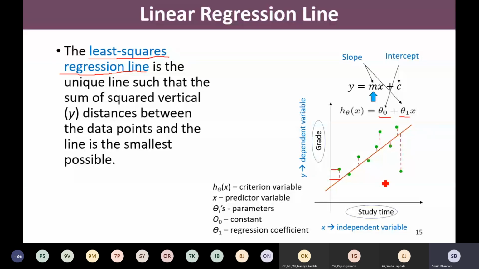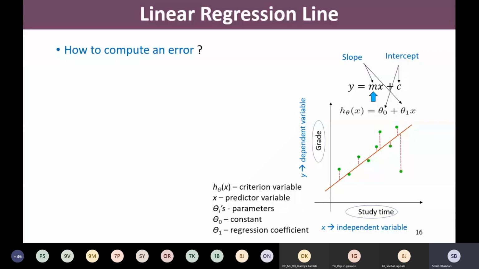Okay, now it may happen that this is not the only hypothesis, and I may come up with different kinds of hypotheses. I may have a line like this, I may have a line like this. So whatever kind of line I may have. So in my hypothesis space, I am having various hypotheses giving me such kinds of linear equations. So I need to pick a hypothesis for which the error is minimum. So now let us see how to compute this error mathematically.